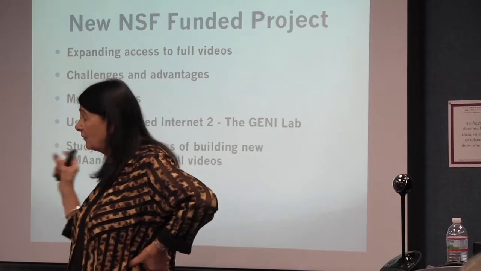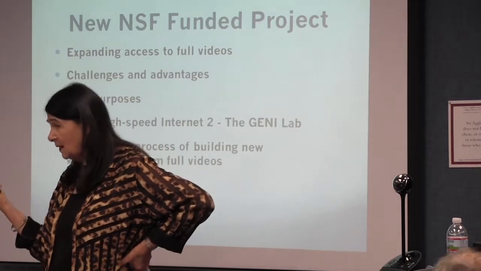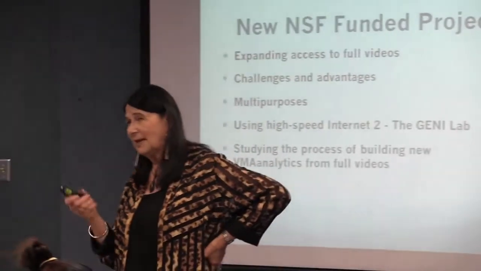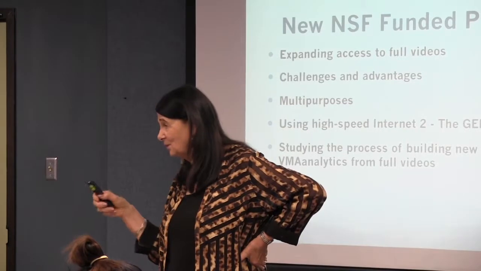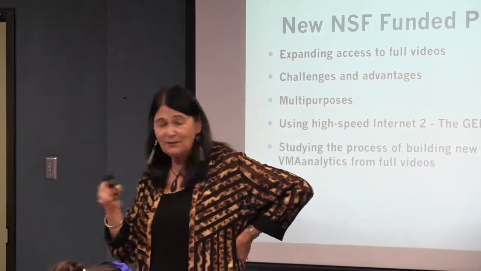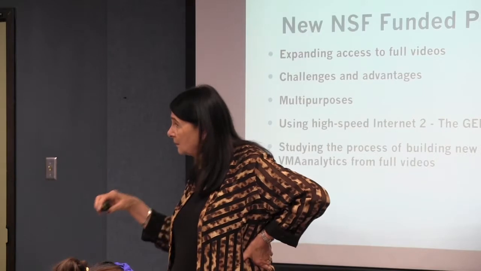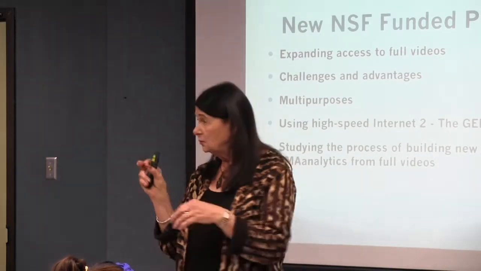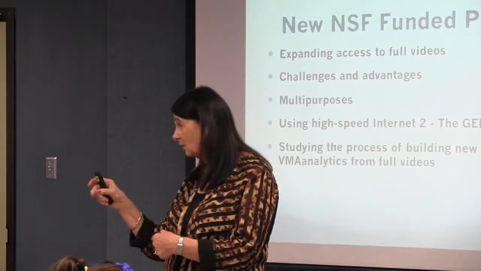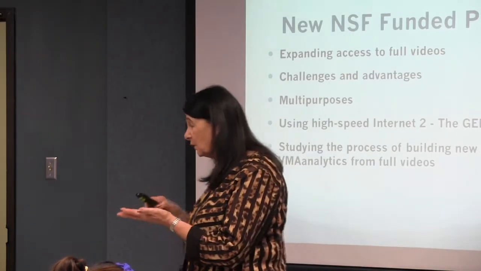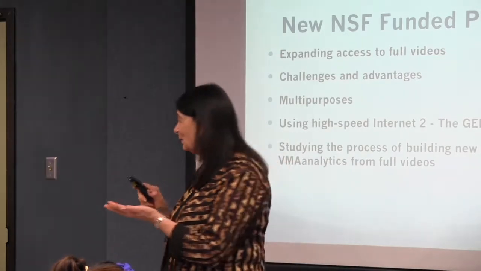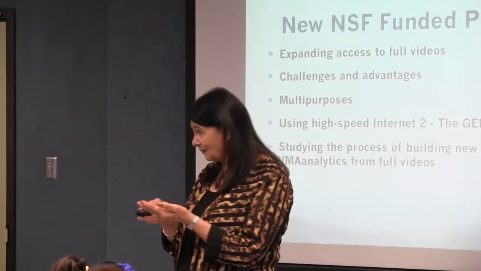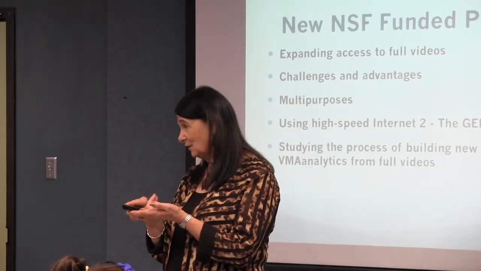Everything here has a permanent URL. So you make an analytic, and if you want to publish it, you submit it, and we look at it and say, yeah, this is great, publish it, or you might find a typo you want to change. A couple people look at it. You get it published, that's exciting. It gets a permanent URL. You can take that permanent URL and give it a shorter marker, whatever you want to call it, and you actually put it in your paper. So we're doing it in special editions of journals, we're doing it in new book writing, and students are doing it in their dissertations.